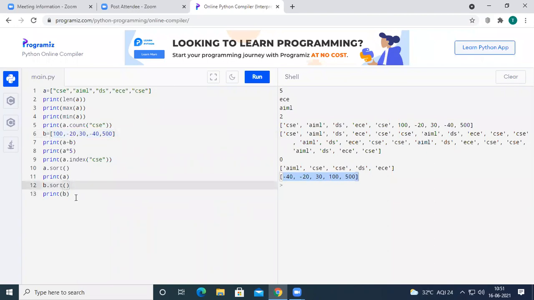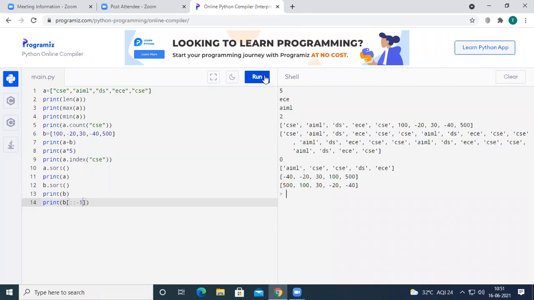So after sorting, if you print the values in reverse order, then it will give you the descending order. Let us see here: how to print the values in reverse order? We have just seen this one. We have to provide the begin index, the end index, and then the step. For which list are we going to find the reverse order? We want the reverse order for the list B. So don't maintain anything in the begin, don't maintain anything in the end, but at step maintain -1.